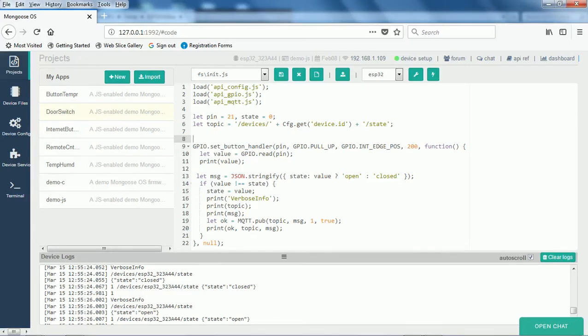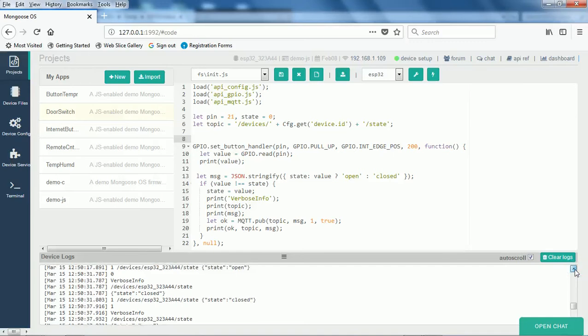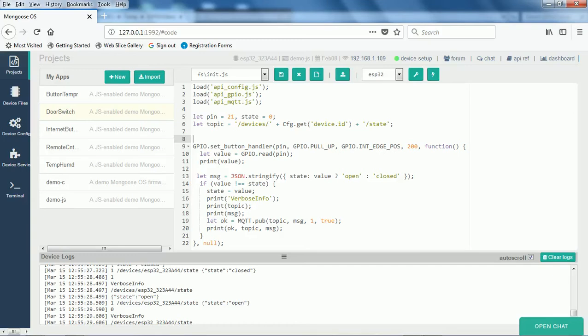So we will read the value of the pin. Here you can see the pin value will initially be some value, and I am just scrolling it down. Initially it will be 1, and then when I open it, obviously it will be open. So these are the different states or values that will be there. Here that particular value is just printed so that we know exactly what is going on, and then we put it into the state variable, because that is what we want to send to the Google IoT.